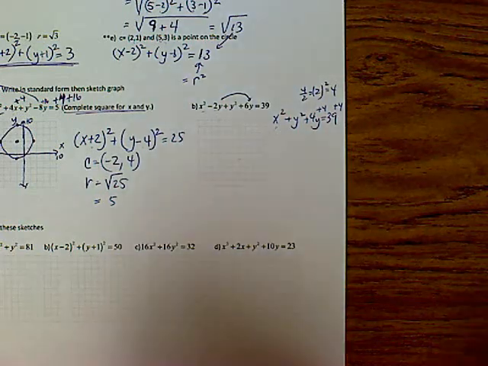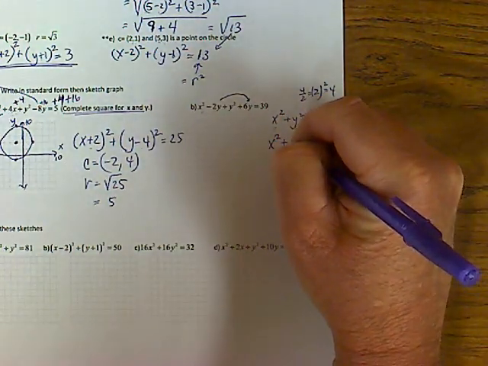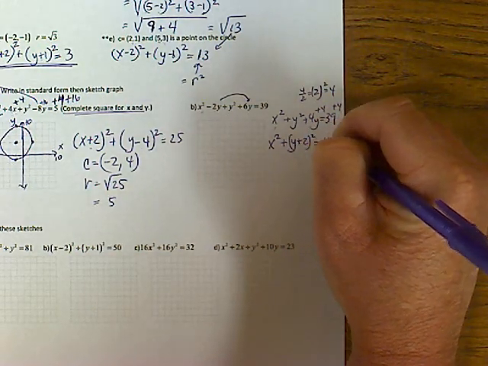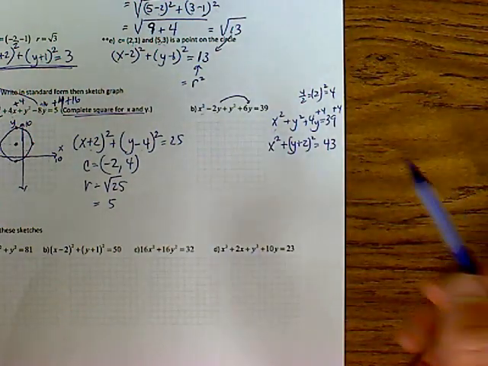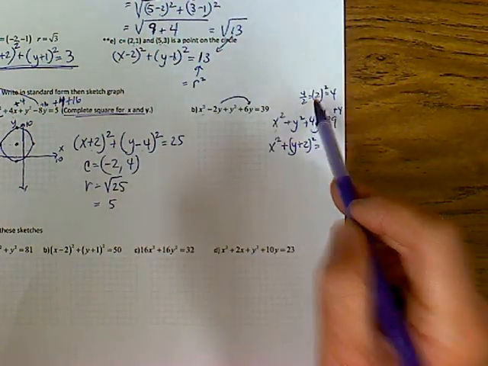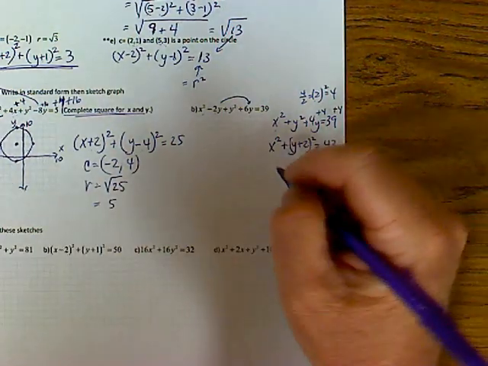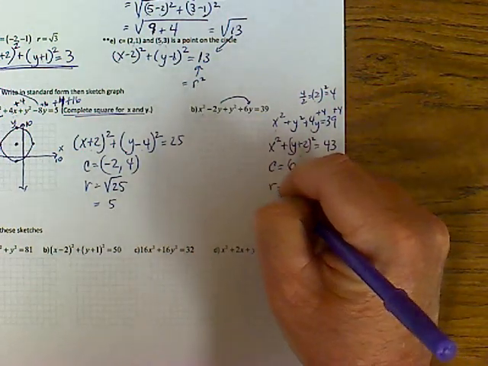Now here's what we have: x squared plus (y plus 2) squared equals 43. The 39 plus 4 is where the 43 is coming from. Again, I had positive 2 before I squared it. That's why it's y plus 2 there. So your center on this one is going to be (0, -2), and your radius is going to